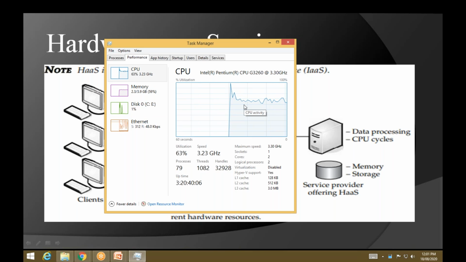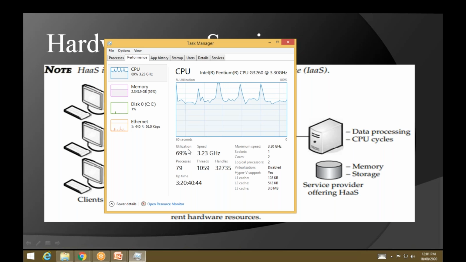Okay, so if I press the F5 button, now what is the F5 button? It is for refreshing. So now I can see the graph moving faster and faster, in the sense I'm utilizing the CPU. When I press F5 and then leave the F5 button, again it will move slowly, in the sense I'm not working on the computer now. If I press F5 again, it will move faster. So this thing I can call CPU cycles. So how many CPU cycles you have, that much faster you will get things done. That is the main use of the CPU cycles.